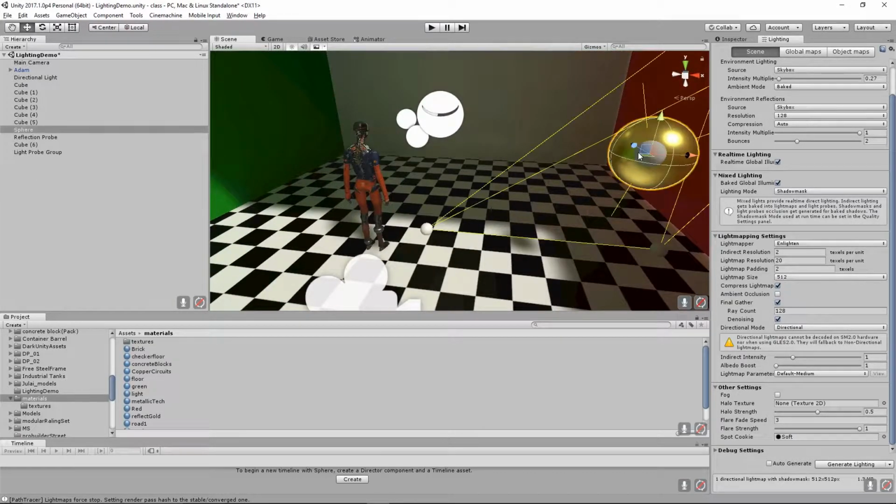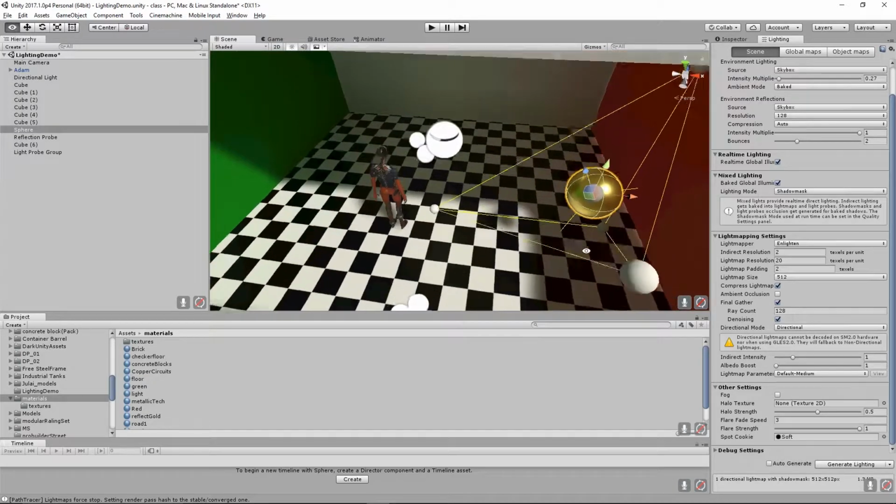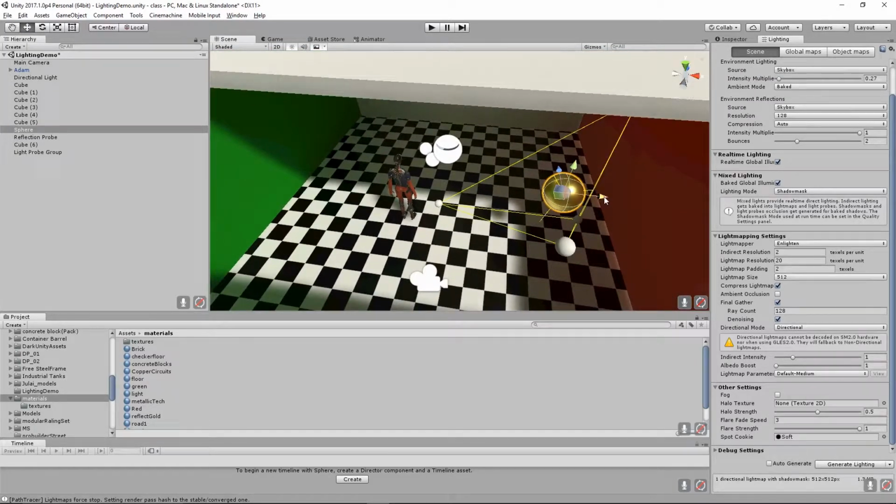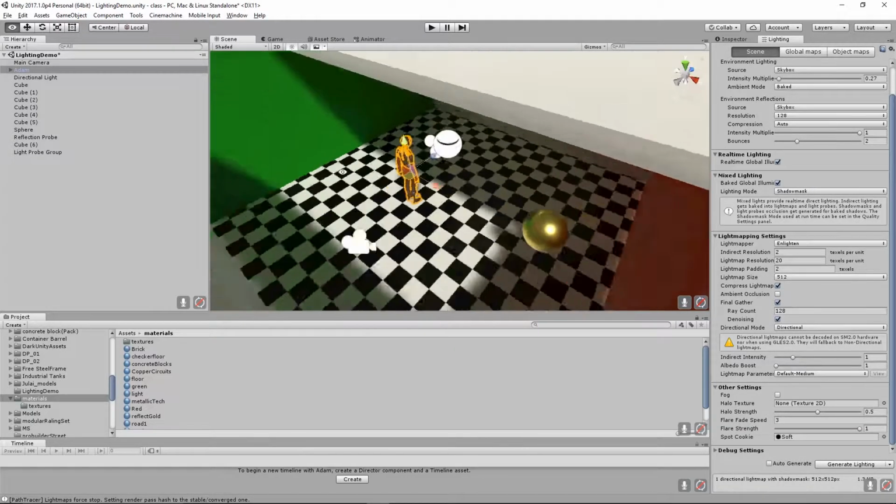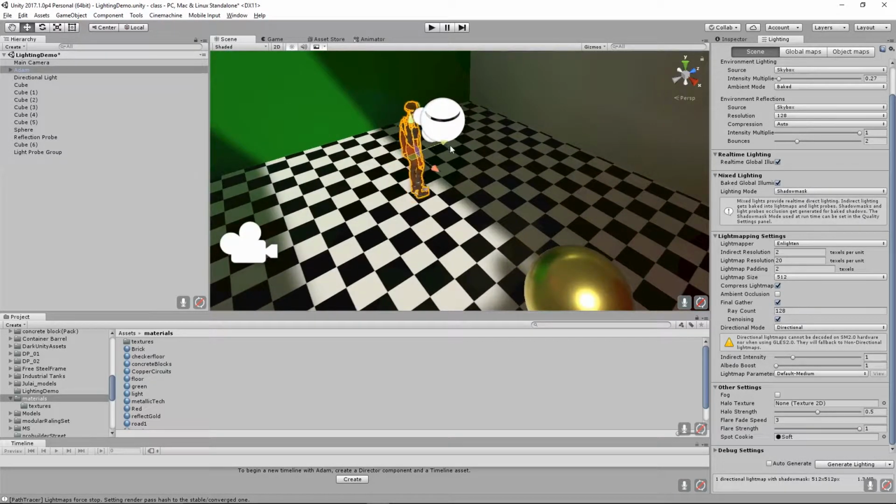Now when I select this sphere, you notice that it starts to show how it interplays with the lighting. If I move it, it's showing which light probes it's actually interacting with in terms of taking its external lighting in real-time GI from, which looks good. Same thing with this guy. If I move him,